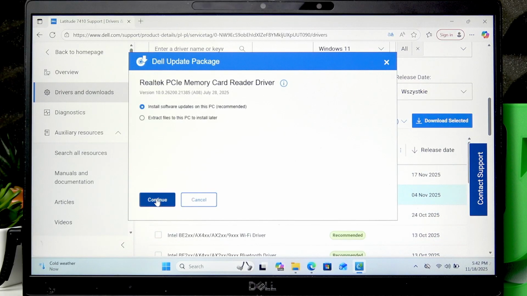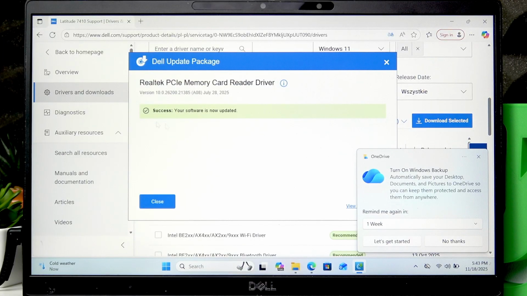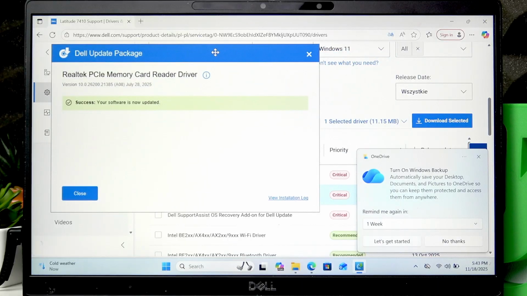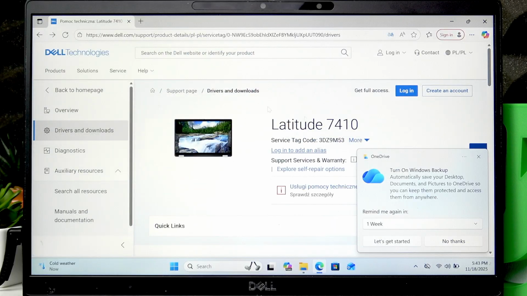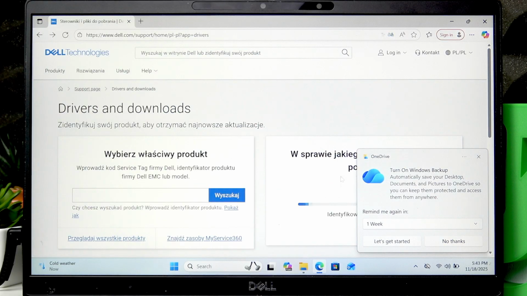Click continue. Wait for a moment. And once your software is updated, you'll be notified, and then just close this window. Okay, and now otherwise, if you're using this Dell laptop,